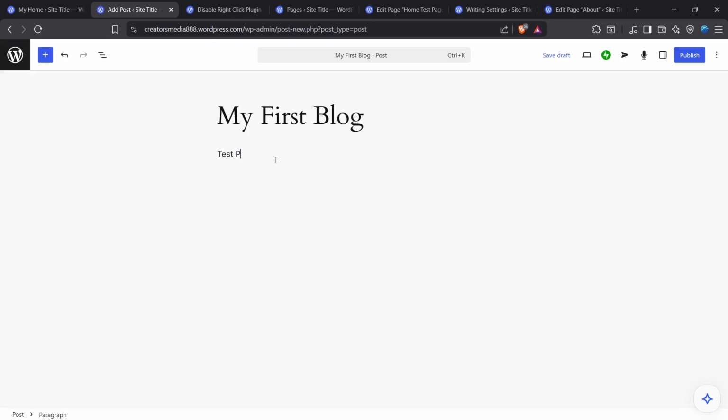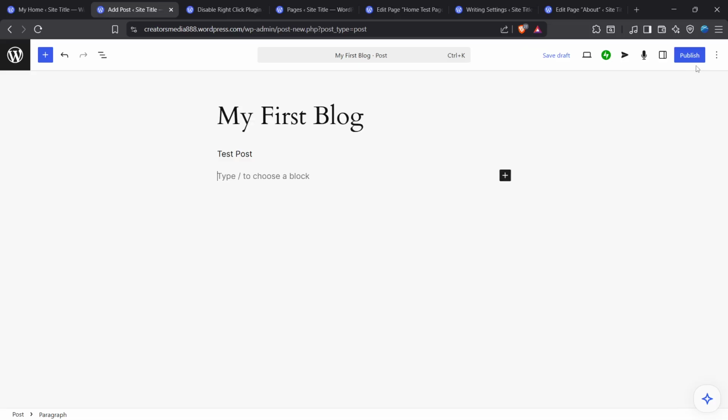Next, add your content. This is where you write the main body of your blog post. You can type your ideas directly into the editor and build out the article section by section. Keep your writing clear and readable, especially if you want visitors to stay engaged. It's a good idea to quickly review your text as you go, so you can catch any small errors before